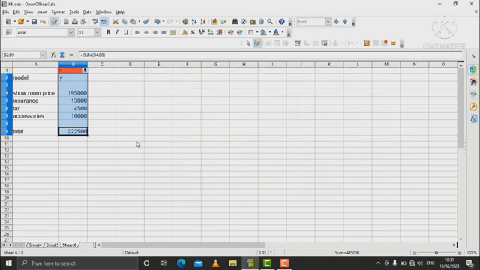So now when you click on the drop down arrow, you can see two entries appear. When you click on X, the model X values and prices appear, and when you click on Y, the Y values and prices appear.